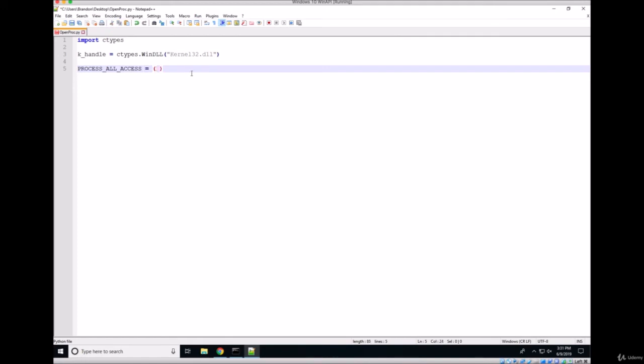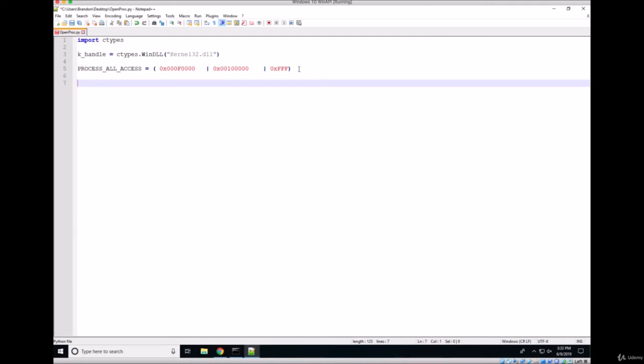So in this case, it's going to be 0x000F0000. We're going to OR that with 0x00100000, and there's one more right after that, and that is 0xFFF. So that'll go ahead and sort us out for the access itself. Now again, that's just shorthand for what we do. You can add them all together, and there might be future videos where we'll go ahead and do that manually. But for now, just look at it from this perspective, copy this down specifically, or you can do it yourself